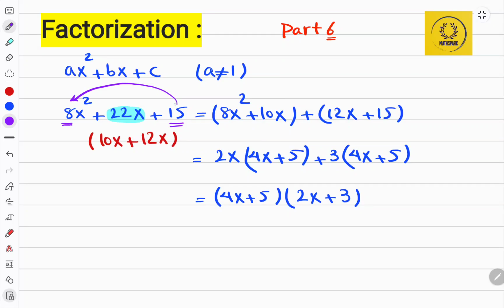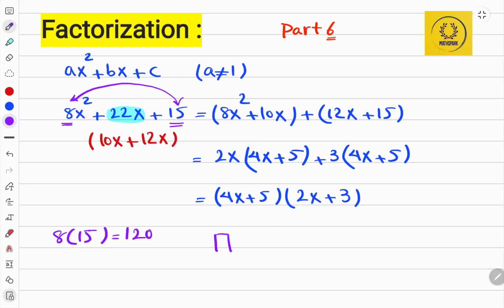So 8 times 15 is 120. And now we should look for the factors of 120 which add to give the sum